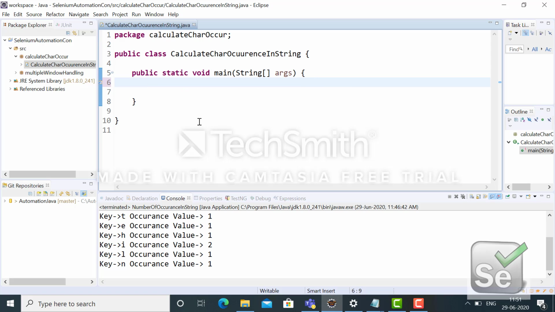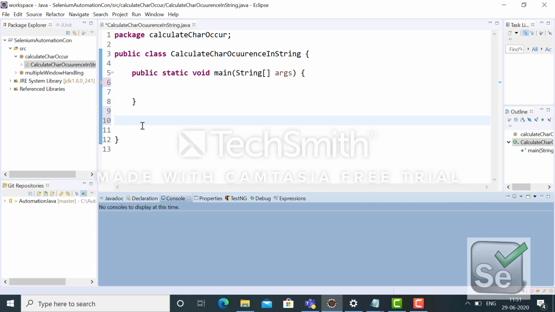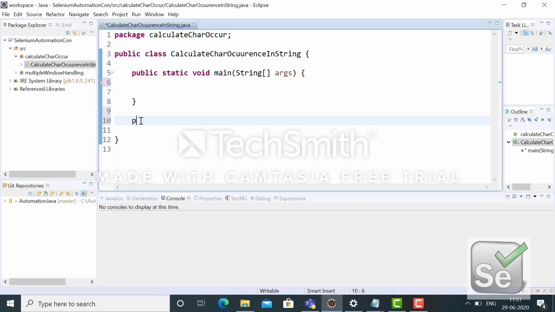As I told you, I have divided it, so I first have to implement the method through which I can take the input. So let's take the input. I'm implementing a public static method, and it will return the input string.